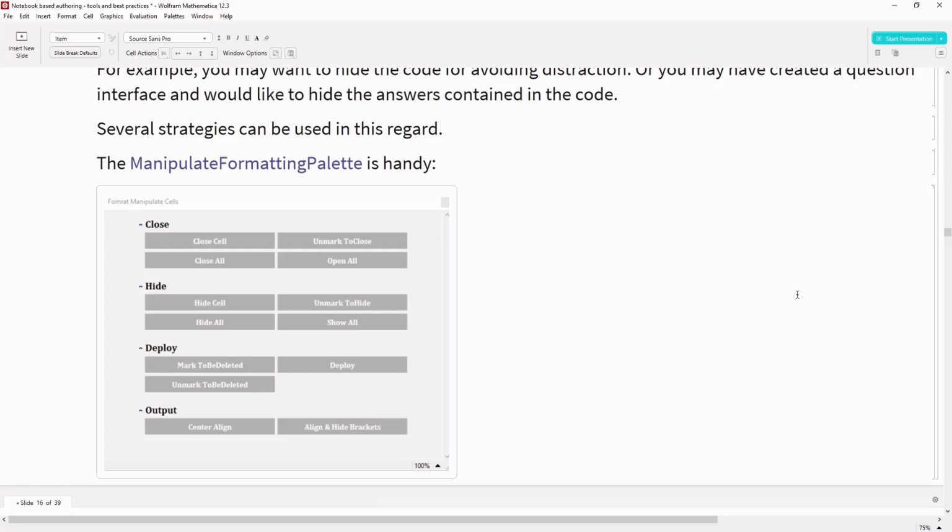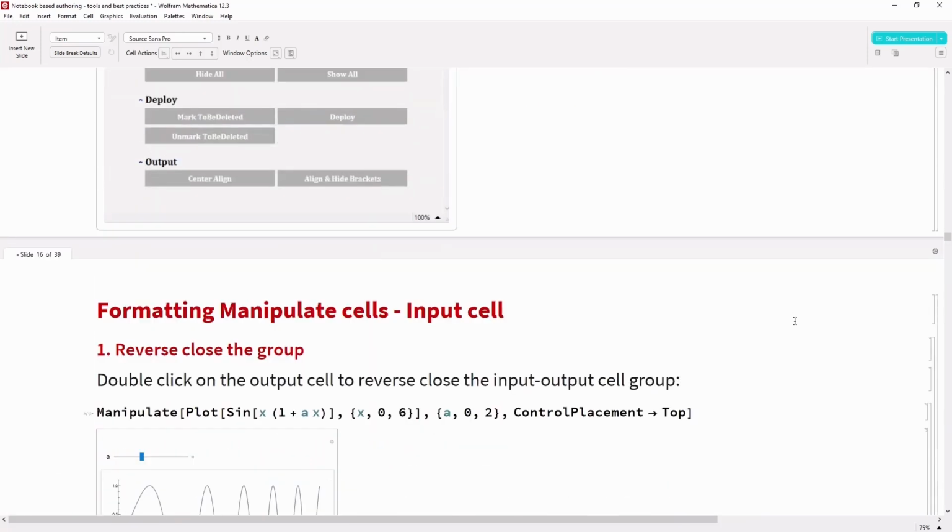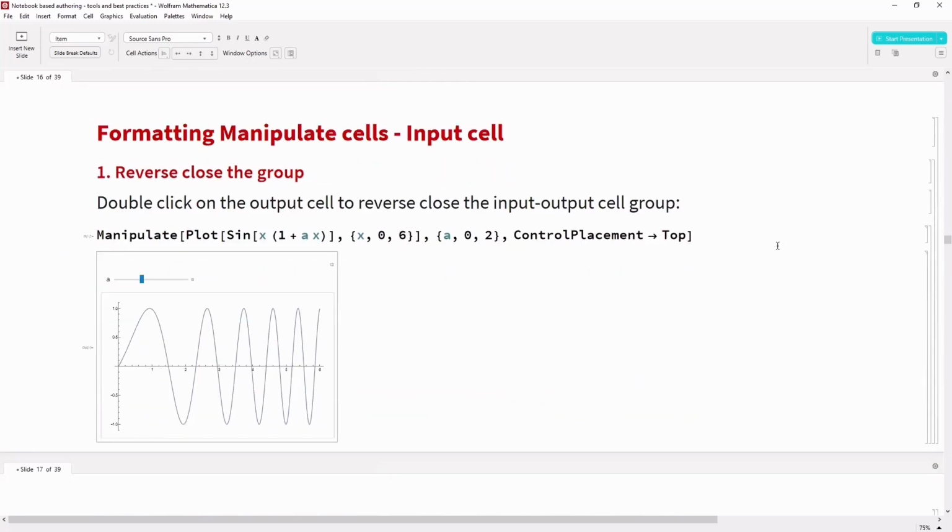Similarly, we can unmark cells to make sure that they are not deleted, and it also has certain options such as centrally aligning the output cells or hiding brackets, etc. So how can we format our input cell?